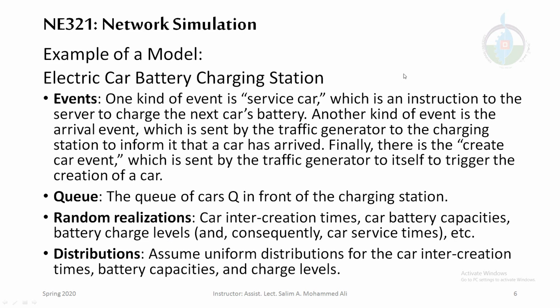The incoming time of cars is a random realization. Each car has a different battery capacity, and each car will have different charge levels based on their situations. We can consider that as a service time. Some cars will stay in the server, the charging station, for like 15 minutes. Some other cars will stay 90 minutes, for example. It's different. Based on these different things, you have to make a random variance or realization for these situations ahead